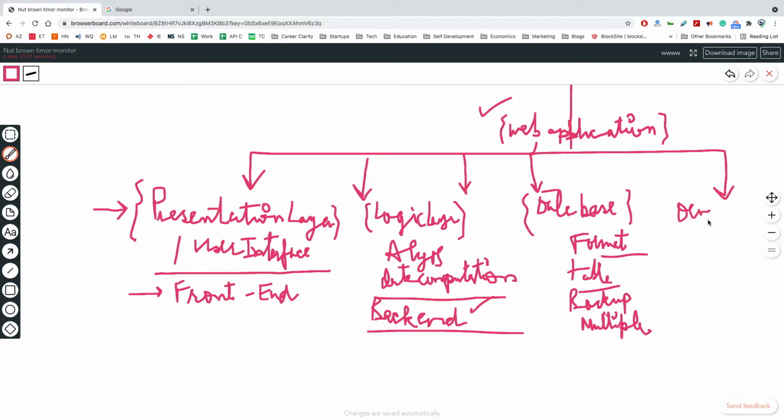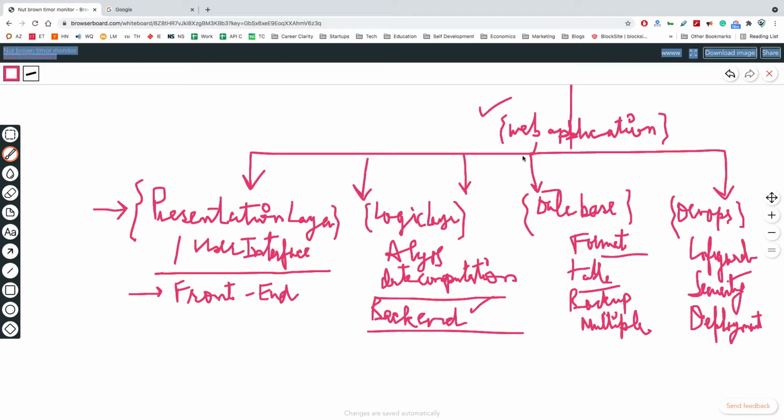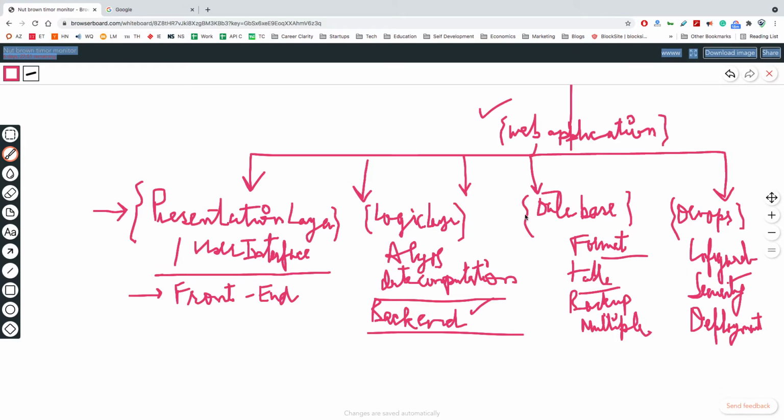which is called DevOps. This is all the configuration, the cloud configuration of the servers. Security is done by DevOps. Also there is something called deployment. Deployment is nothing but, whenever you are building an application, you build it on your local, offline machine, and then whatever changes you make, you push to the remote server.